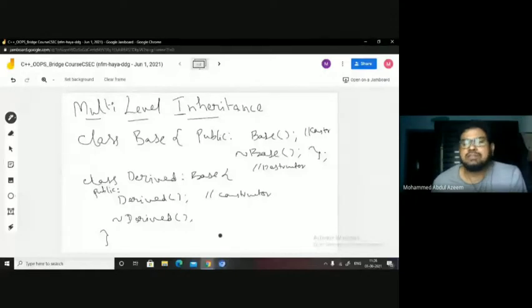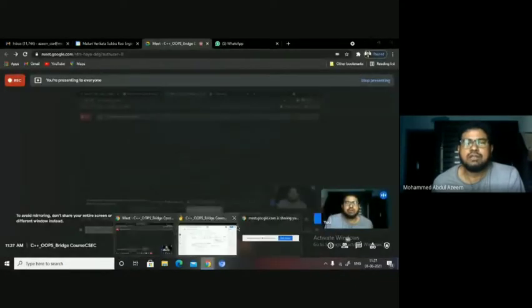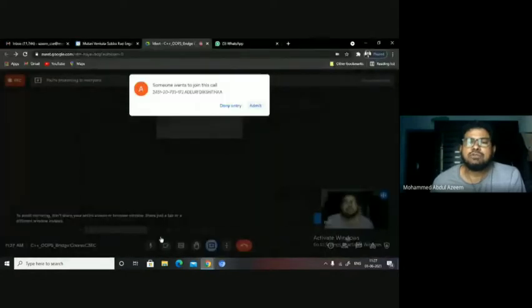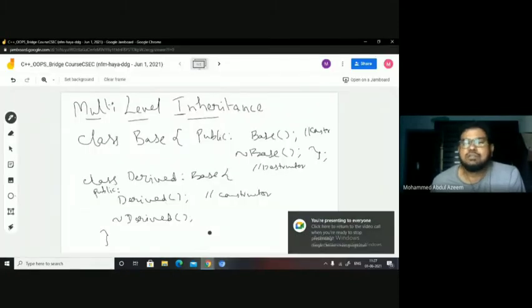See, in the base class I have a destructor. As we have discussed in the previous classes, when you have a destructor, the basic advantage is to deallocate the memory associated with a particular object when the object scope is going out, right? When the object scope is out, it means it is not accessible. When it is not accessible, the memory associated with that object is no more in use, right? So if that is returned to the system, then that can be utilized for some other purpose, right? So that is the main idea behind having the destructor, to effectively utilize the memory.